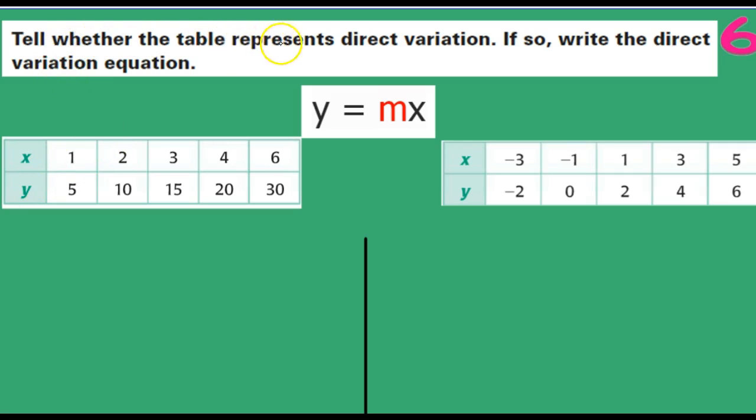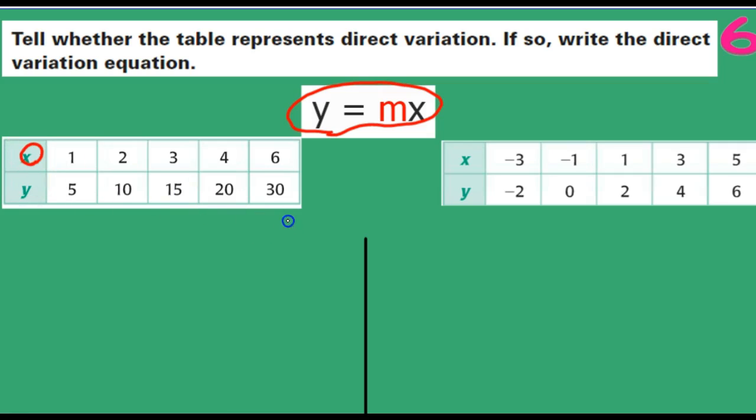Tell whether the equation represents direct variation. If so, write the direct variation equation. So here's our direct variation equation, y equals mx. What we've got to figure out is if at 0 on our x, it's also going to be 0